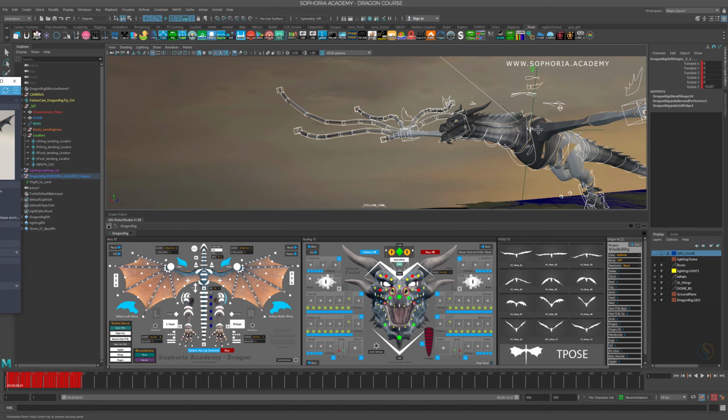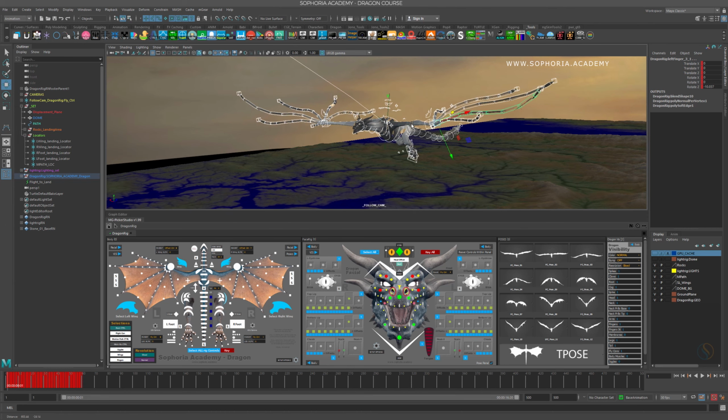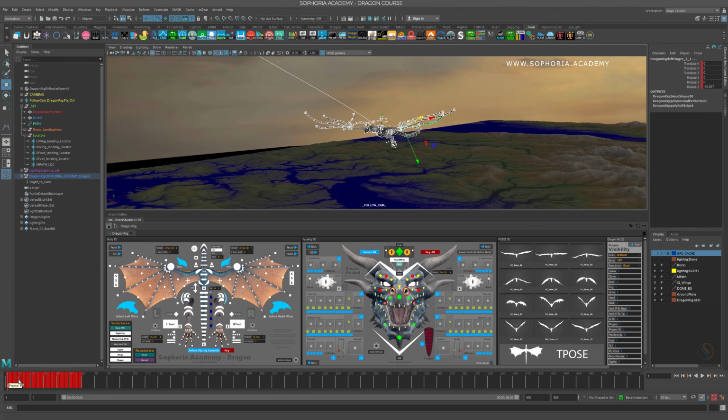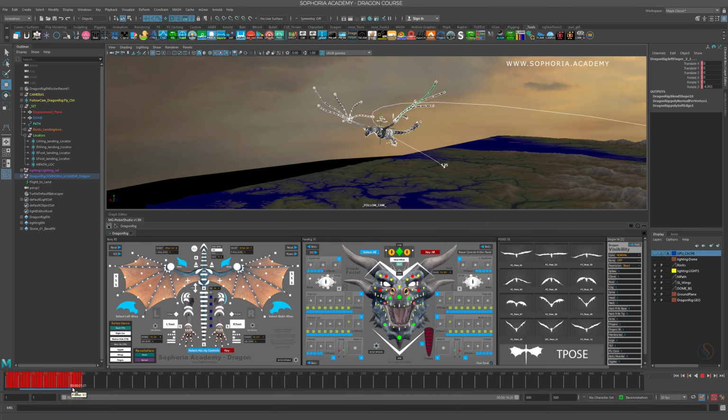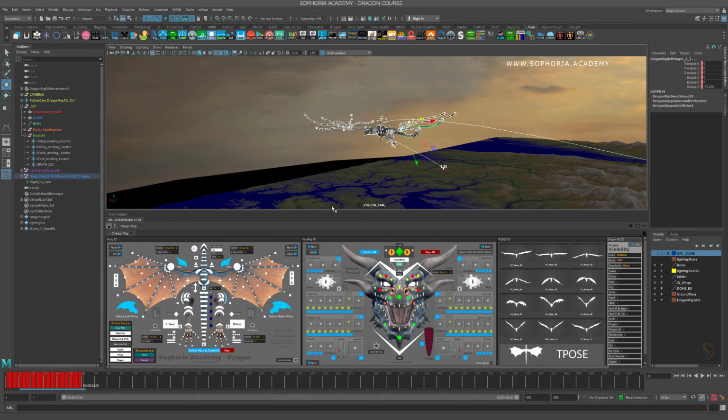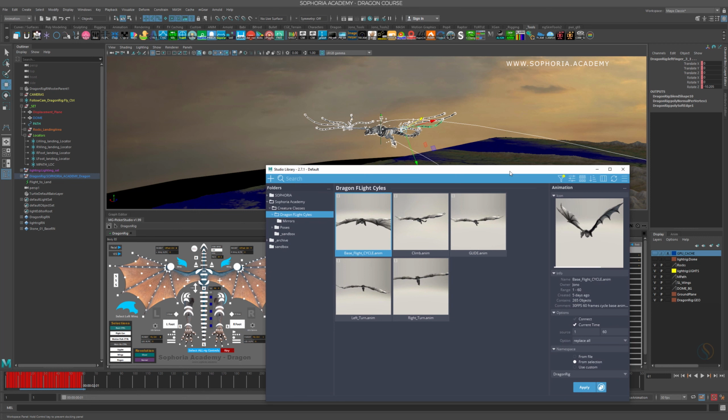And we can see what's happening in our scene. So the dragon is doing its first flap up, and then we're going to do a turn to the left. So what I thought would be nice would be to load in our left turn that we animated in the